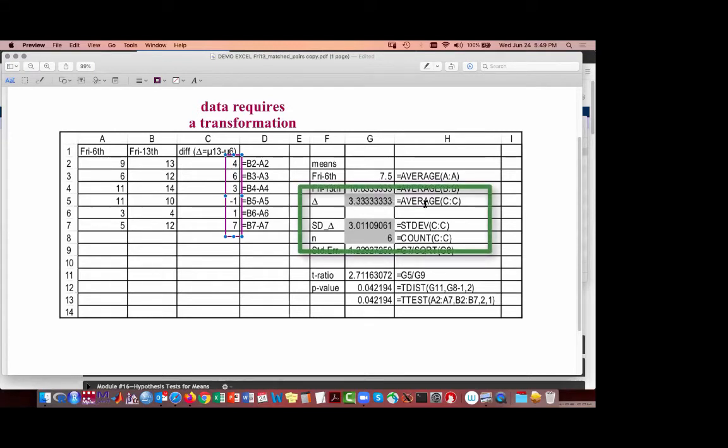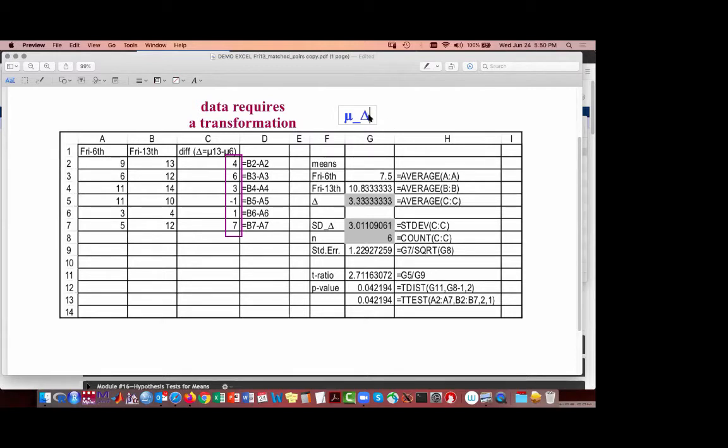What we do here is we take the average of this column, and I take the standard deviation of this column, and I get the count. There are 6 values. And my formulas work exactly as they did before. I'm going to take my average minus my hypothesized value. But remember, what actually is my hypothesized difference here? What was mu sub d? Go back and look at that really quickly. What did the null hypothesis give for that? The null was that it was less than or equal to 0. Exactly right.